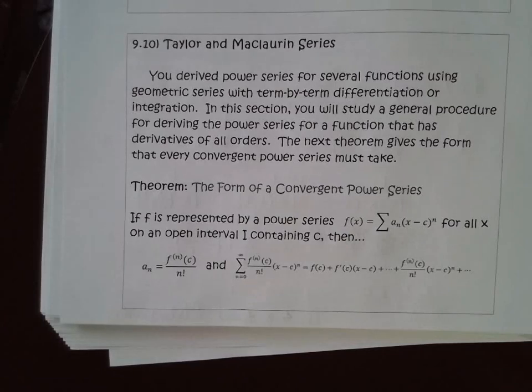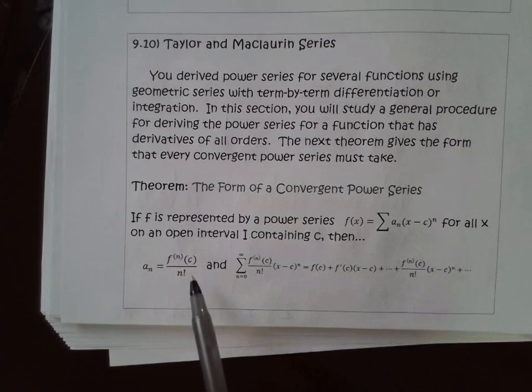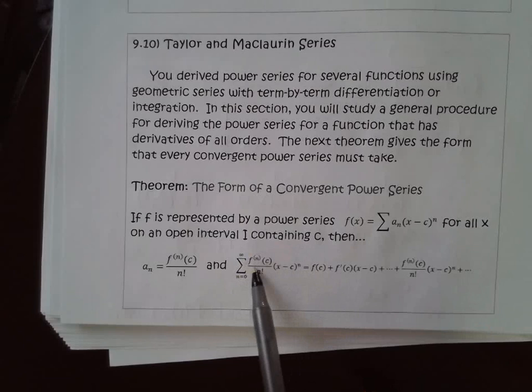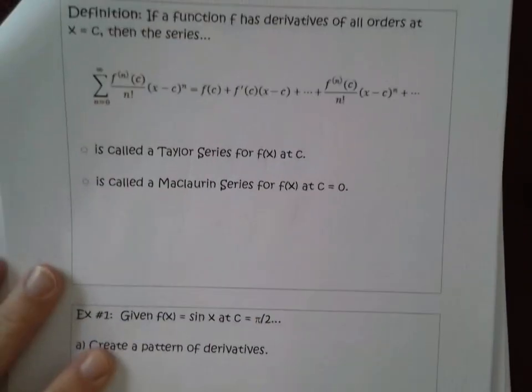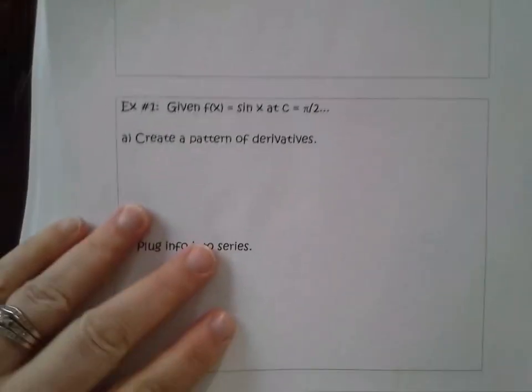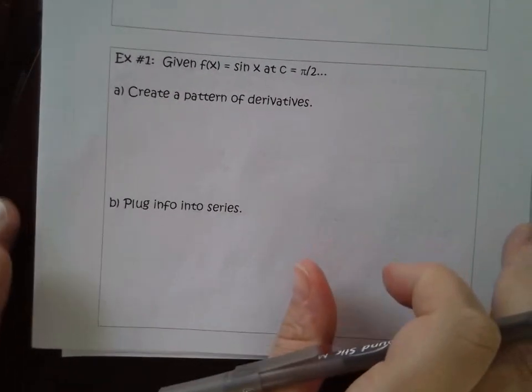9.10, Taylor-Maclaurin series. We basically have touched upon this section already just by simply saying that if you have this polynomial written out, you can assume that the nth term will have this as a coefficient, but also that it can be written in summation formula like that. It goes on to say that it's a Taylor series if it's centered at C, and a Maclaurin series if it's centered at 0. So just to get right down to it, let's look at sine of x centered at